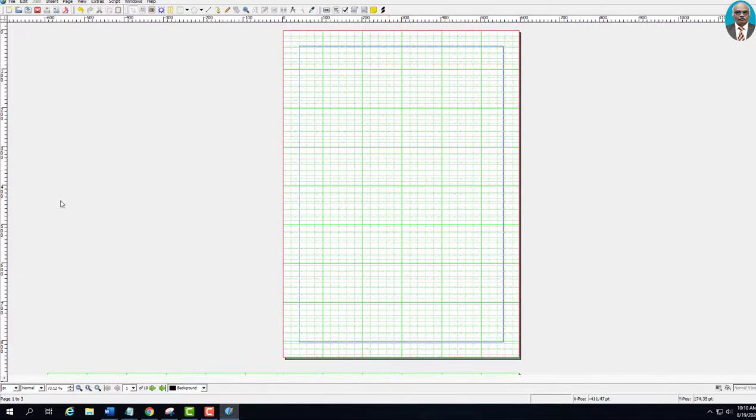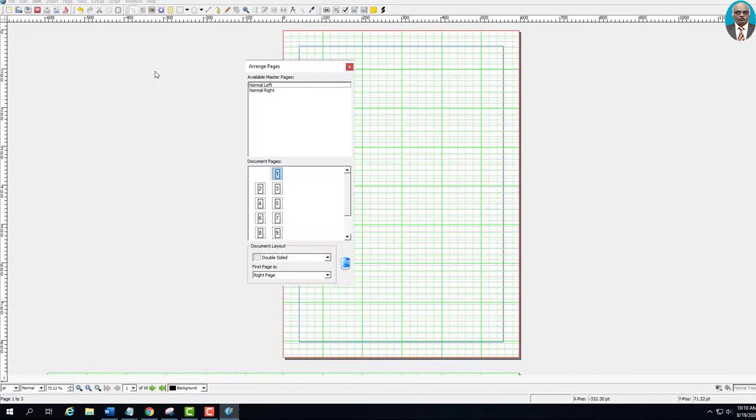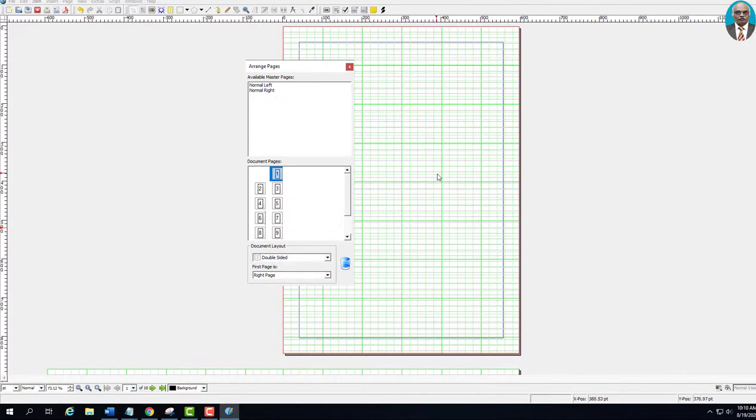So we want to arrange pages in such a way. You want to convert the arrangement. You want the last page to be rearranged into the first page. So you go to window and go to arrange pages. So here the master pages are available. Master pages are shown in the first box and the available document pages are shown in the second box. Now I want this 6th page to be my 4th page. So it has already happened.